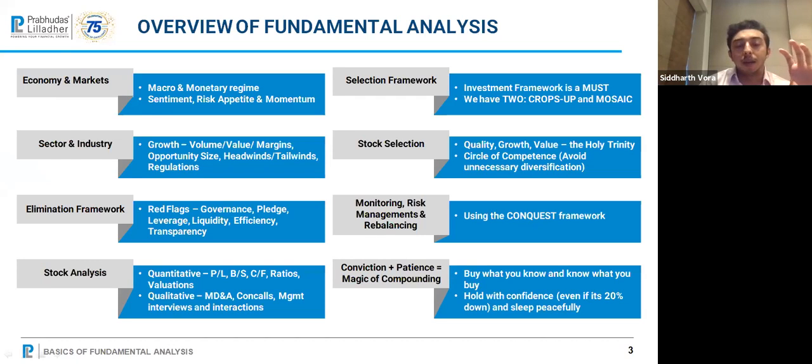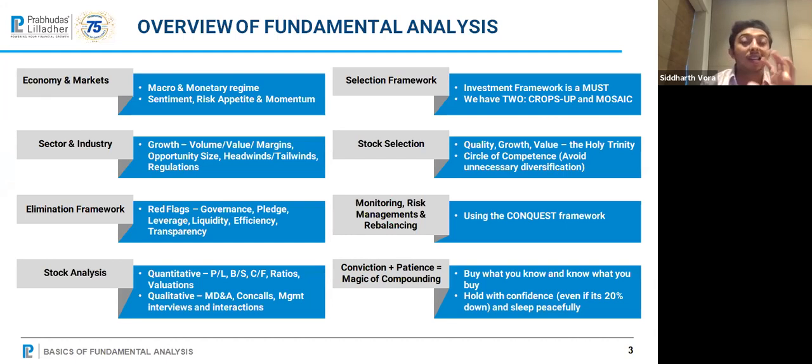When I talk about sentiment, I need to evaluate whether the market is going for riskier assets, whether there is an ensuing bull market, whether the liquidity is so much that all the stocks are being bought at any price, whether only quality stocks are bought, whether cyclical stocks are bought. Once I know that, I know what mode the market is in. And that will tell me if the market is in a bullish sentiment or a bearish sentiment.